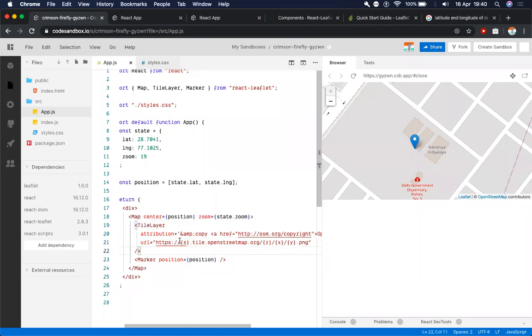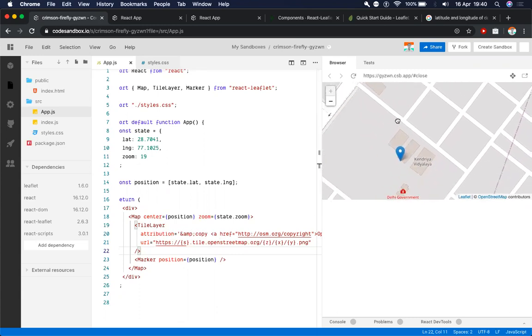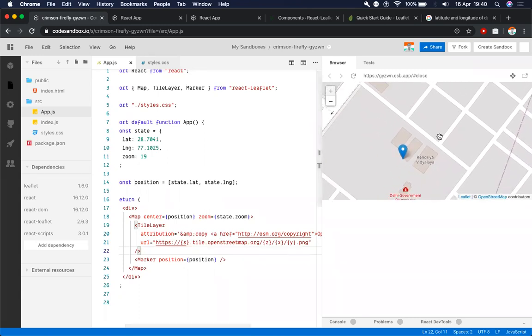What we are seeing here is a highly abstracted view. Whenever we are scrolling, what the map is doing is loading the tile layer for that part. When it goes there, it passes the X and Y, which is latitude and longitude. But I'm not sure if it passes the exact latitude or longitude, or whether it is mapping our latitude and longitude to an XY, what is it called? Cartesian graph. So basically it's mapping it in XY and passing it over here. And Z is basically the zoom level.